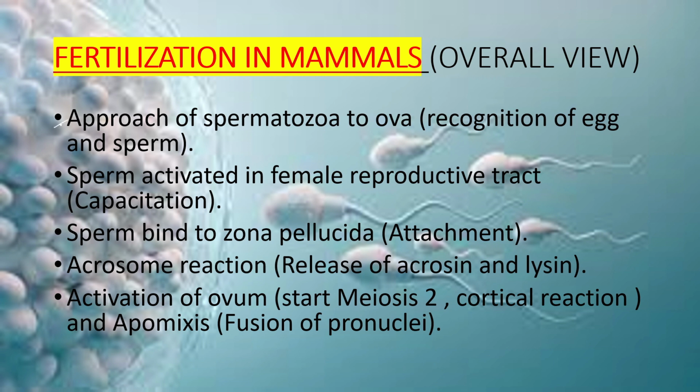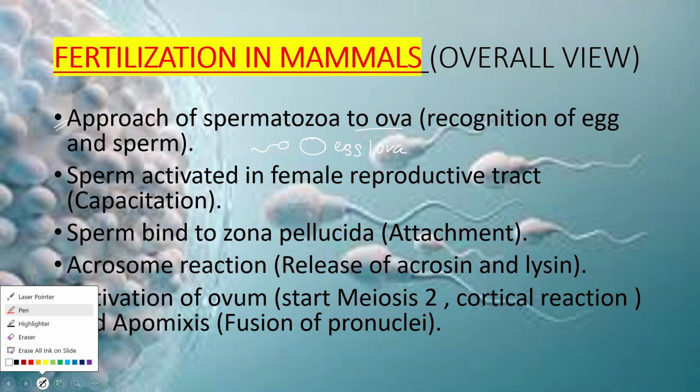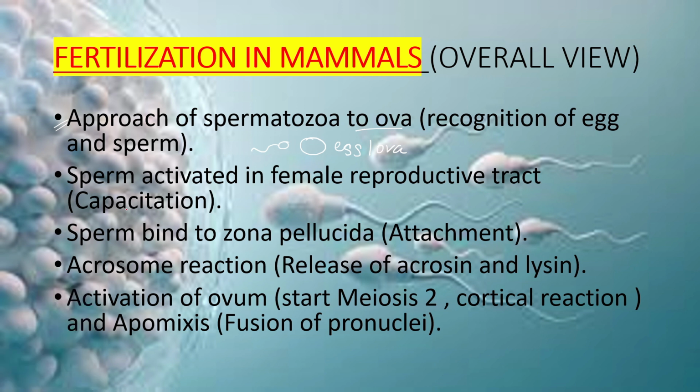So the very first step is approach of spermatozoa to ova, recognition of egg and sperm. So the spermatozoa will approach the egg or the ova. That is step number 1, the approach. Sperm activated in the female reproductive tract, capacitation. So the second step is that until the sperm reaches the reproductive